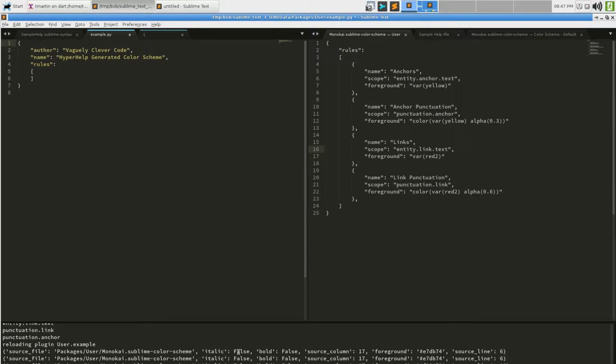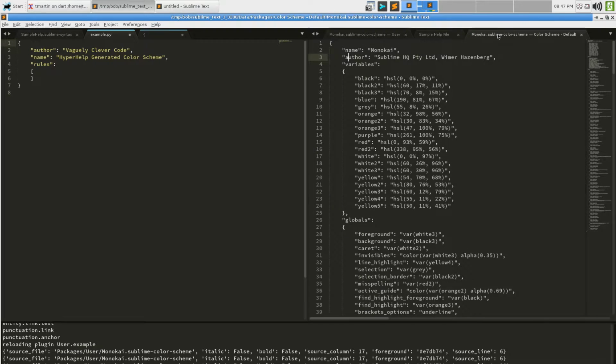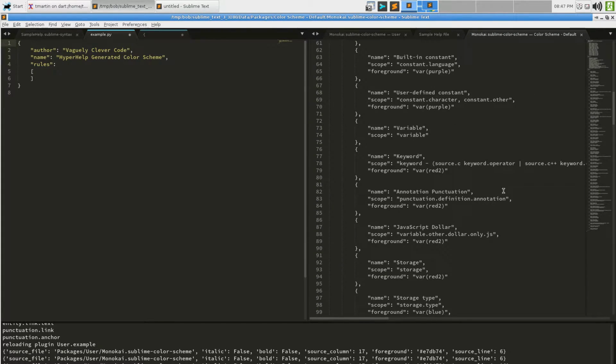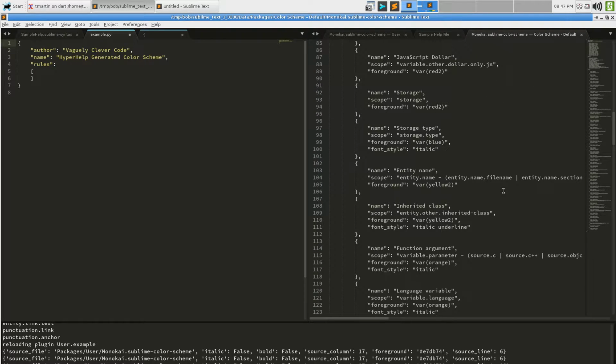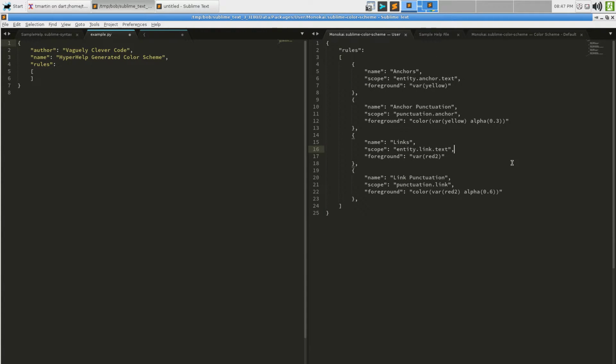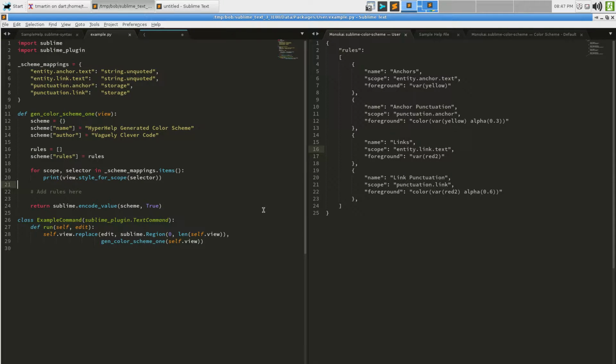And then if it's italic, it returns false or true, and if it's bold, it returns false or true. Now, something I need to double check here, because I cannot for the life of me remember how this actually works. Font style needs to be italic or bold italic. So we're going to need to do a little bit of work on that in order to make that appear in the thing. But first we have to remember to undo that so our code doesn't go away.